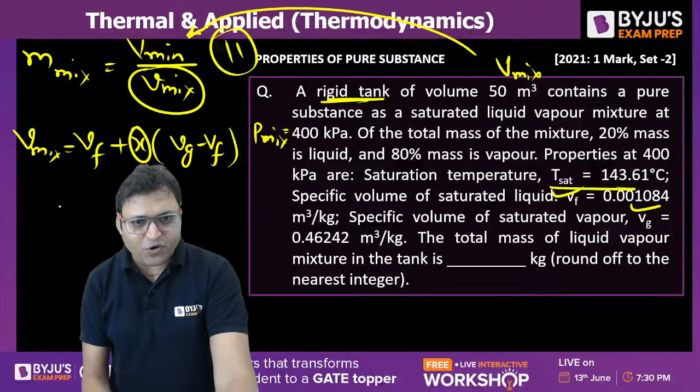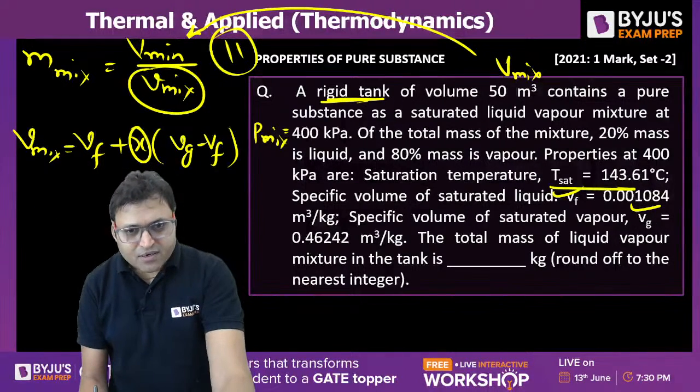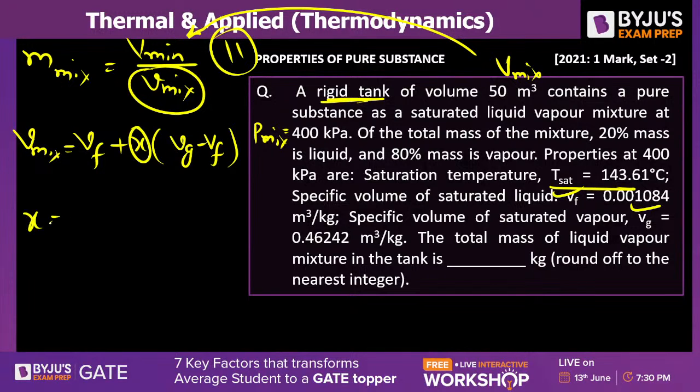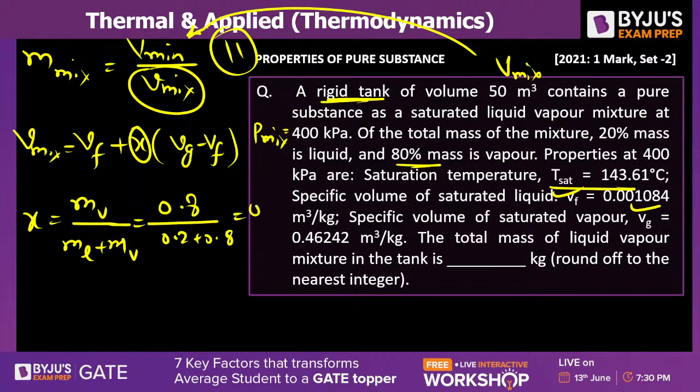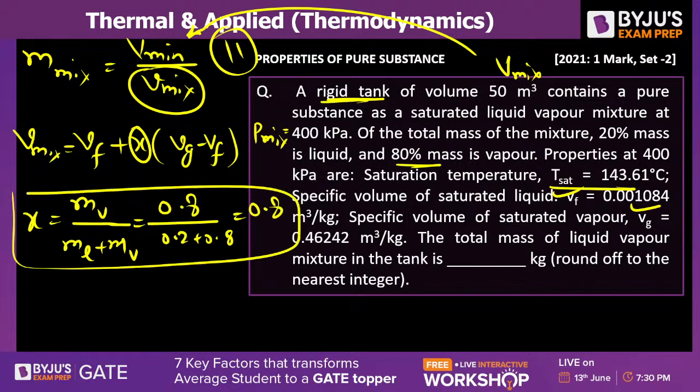So first of all, let us find out the dryness fraction, that is mass of vapor upon mass of liquid plus mass of vapor. That is the definition of dryness fraction. What is the mass of vapor? 80% is the mass of vapor, 0.8, and 0.2 plus 0.8. So 0.8 will be the dryness fraction. So if we get the value of dryness fraction, we can find out the specific volume of the mixture, that is Vf